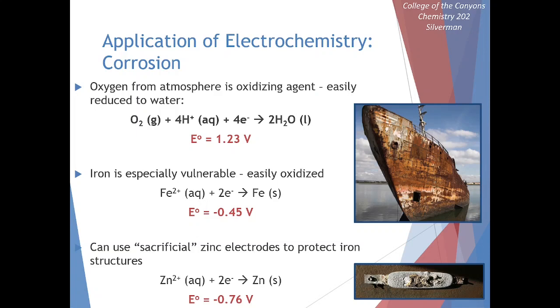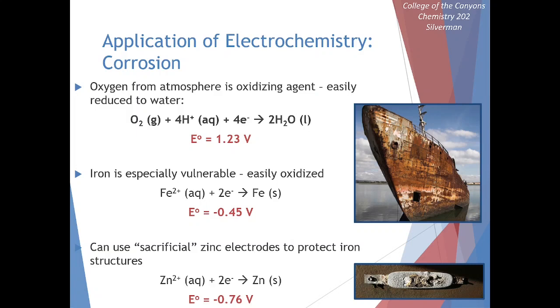Here we can highlight iron. Iron rusts especially easily. It has a negative 0.45 volt reduction potential. At standard conditions, this reaction is certainly going to be spontaneous. And also in real life conditions, this reaction is going to occur, for example, for this iron ship just sitting